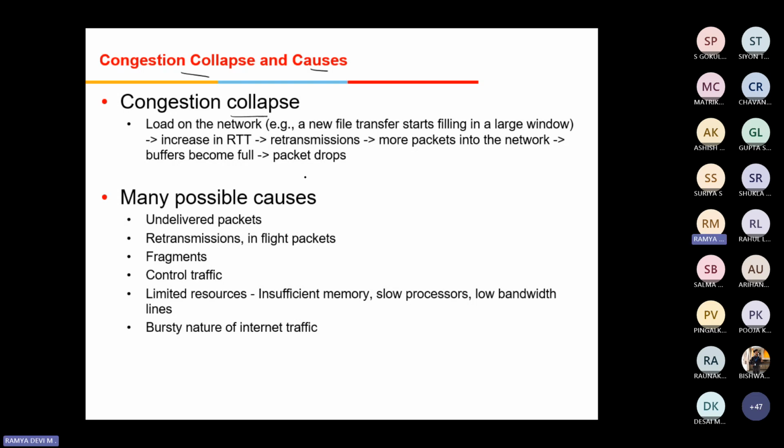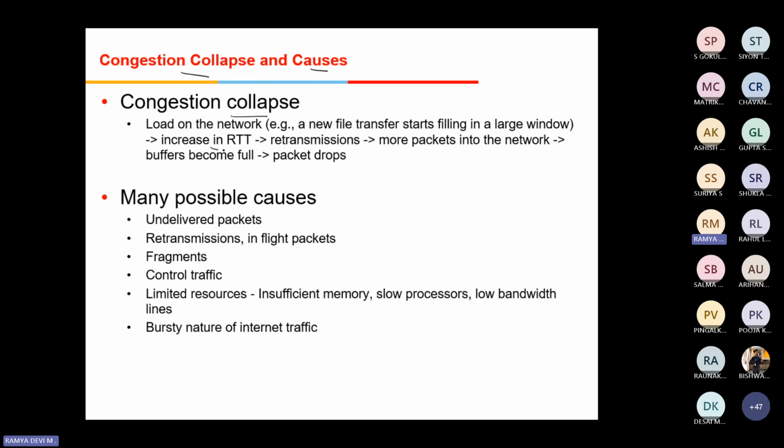It will drop the packets. Dropping the packets will trigger the timer to expire. The timer expiring will trigger the retransmission. Okay, so if it is happening again and again, definitely it leads to congestion, right? So more data is being injected into the network, nothing will be useful. Okay, only fewer packets will be transmitted and the others will be dropped.